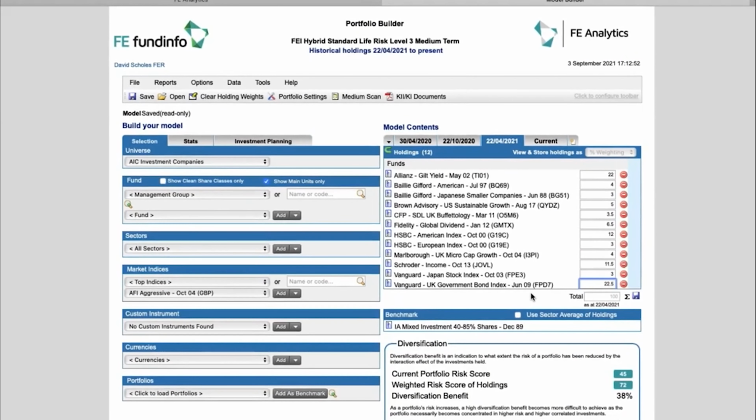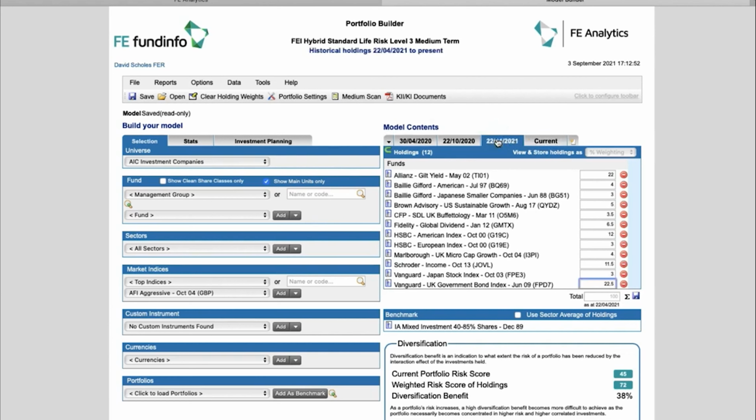Now, if we take a look inside the other portfolio, you can see the right-hand side of the screen changes a bit. Every single time I've made a historic change to this portfolio, it could just be a simple rebalance, it could be a fund swap, it could be a complete overhaul. Every single change that has occurred historically from today right the way back to the launch date of the portfolio has been recorded. So I'll always have a current tab that's automatically updating each day, and I can go back